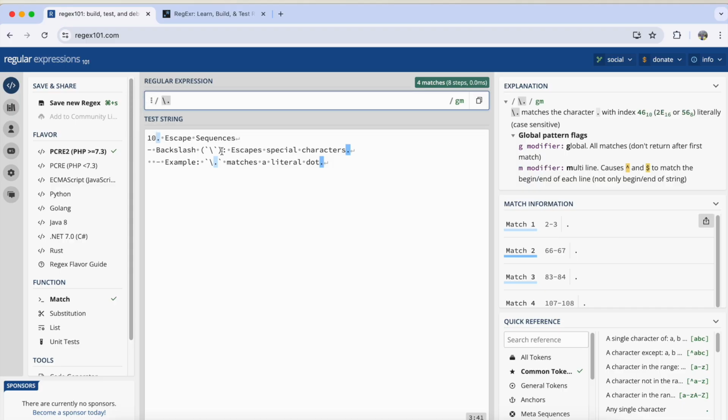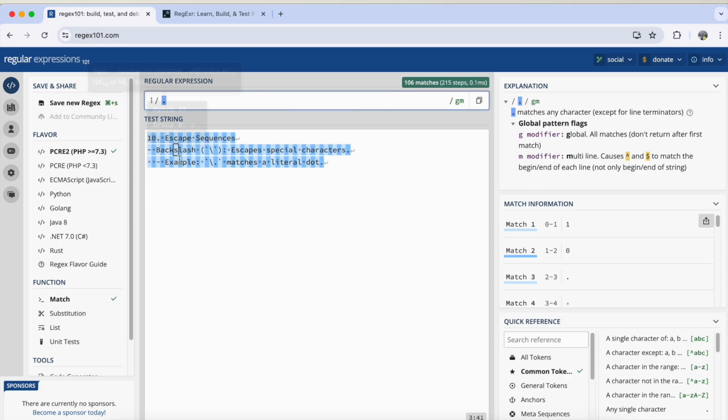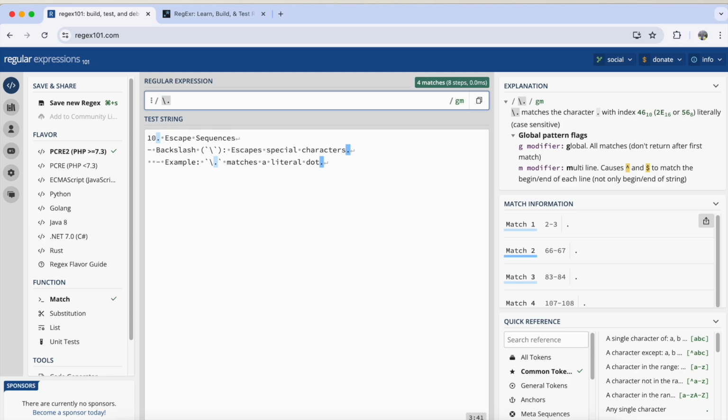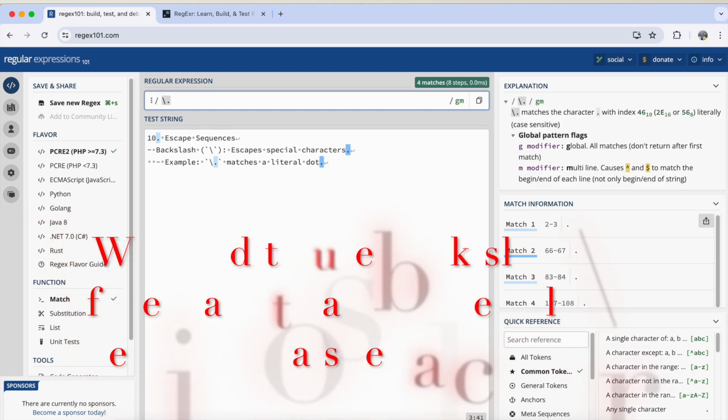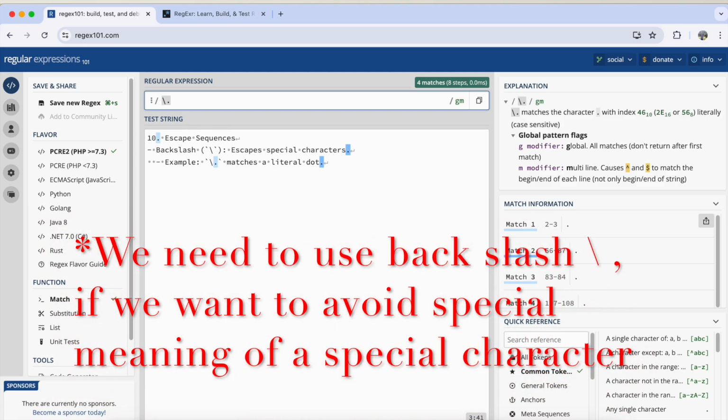Here dot it is matching, here also dot is matching, here one dot is there, here dot is there, 4 matches. If I remove the backslash, it is matching with everything. It means if we want to consider dot as a literal, we want to match it literally for a dot, then we need to use a backslash. Otherwise it will have a special meaning. If we want to use any character that has a special meaning, then we need to use a